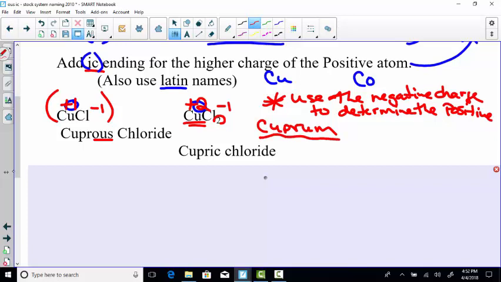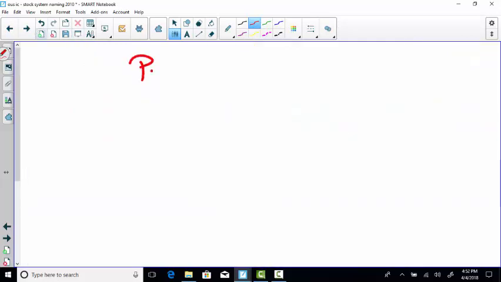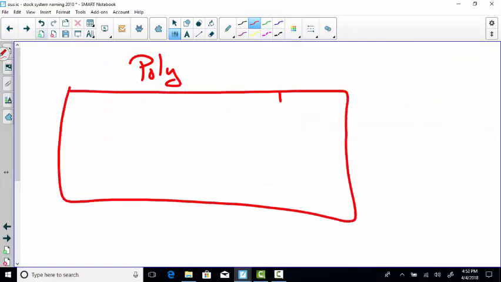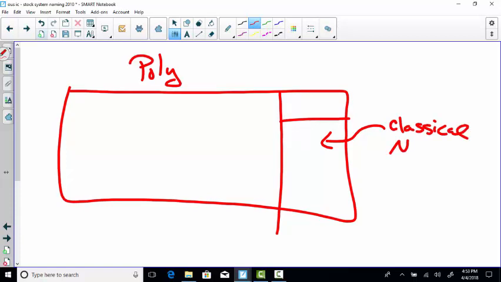But if you take out your polyatomic ion sheet, and I wish I would have put that in here, but on the right side of your polyatomic ion sheet. So here's your poly sheet, okay? In this right-hand column, right over here, what you're going to see is classical names. Okay, and that's going to help you know what the names of these charges are. And yes, you get to use this sheet for the test,